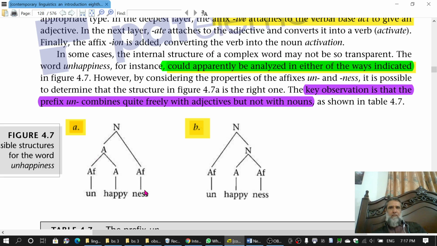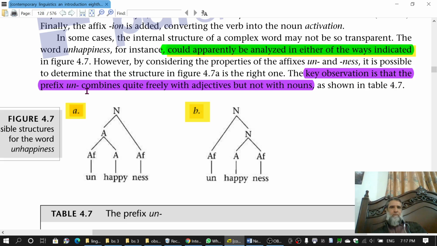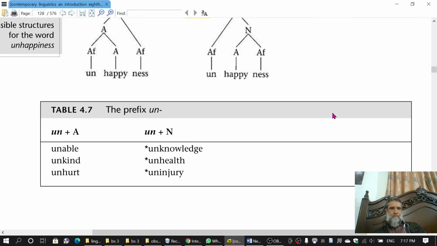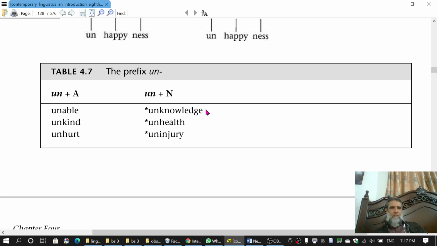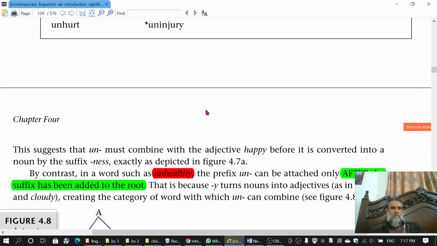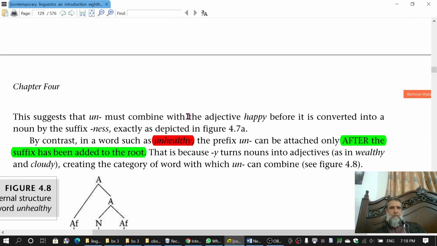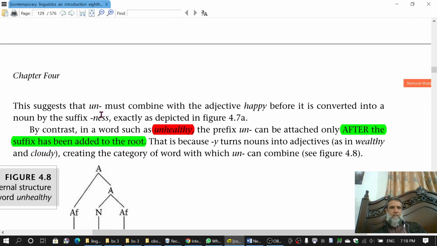तो फिर हमें पता चलेगा कि right one A है। The key observation is, मुनासिब ऑब्जर्वेशन यही है that the prefix un combines quite freely with the adjectives but not with nouns। एडजेक्टिव के साथ फ्रीली आता है, नाउन के साथ ये फ्रीली नहीं आता है, as shown in the figure. तो ये डायग्राम आपने सीख लिया है, और ये नाउन के साथ फ्रीली नहीं आता, ये एग्जाम्पल है। मसलन ये un एडजेक्टिव के साथ आ रहा है, able के साथ, kind के साथ, earth के साथ आसानी से। नाउन के साथ जो knowledge है, health है, injury है, ये नहीं आ रहा है, ये गलत है।